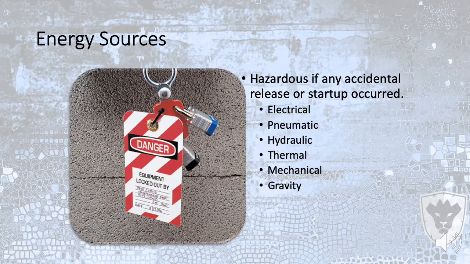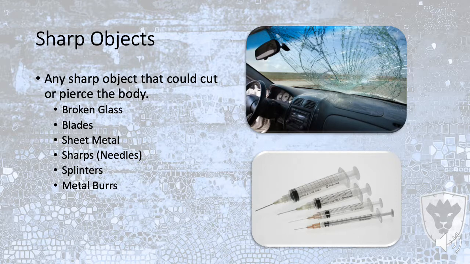So tag and a lock always go together. Sharp objects. I have a picture of needles here. Hopefully there's not a lot of needles hanging out around your workplace. You may want to find a new place to work or really get the police to come check that out. But we also have a picture here, and if you have diabetics who are just throwing their needles around, that's also pretty irresponsible. But here we have a picture of a windshield, which typically, as they're kind of bonded